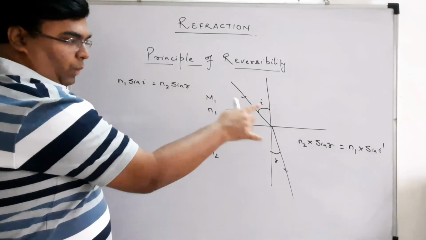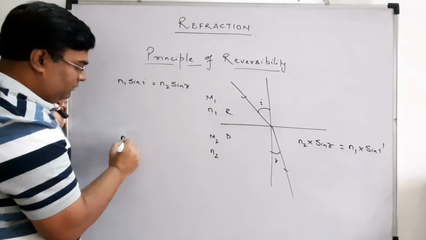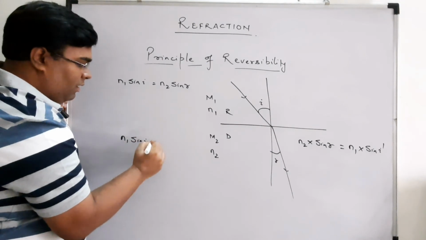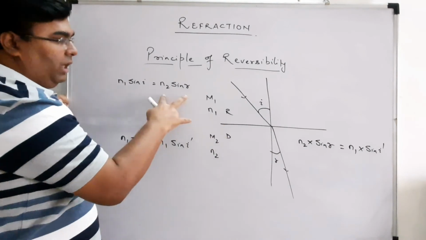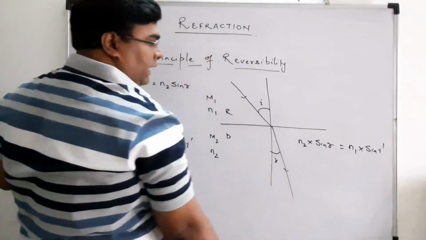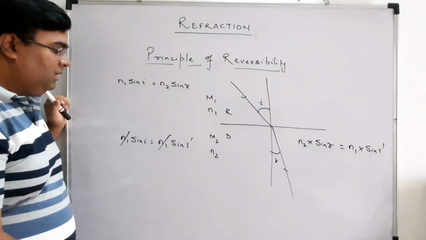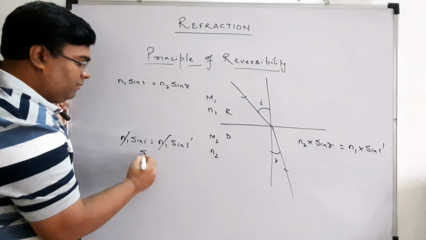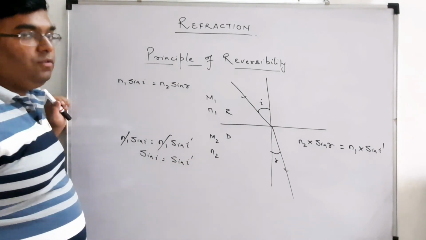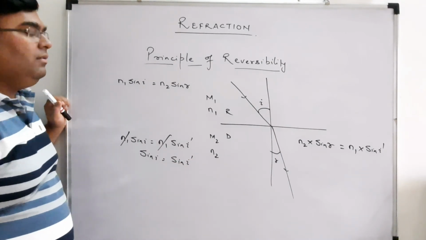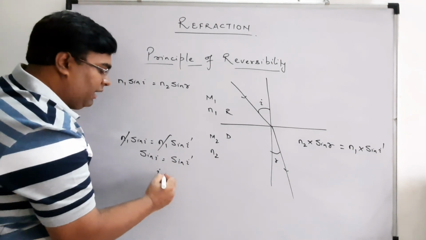From these two equations we can conclude that N1 sin I is equal to N1 sin I dash, because both are equal to N2 sin R. Here N1 gets cancelled, sin I is equal to sin I dash, and for angles less than 90 degrees, we can always say if sin I is equal to sin I dash, I is equal to